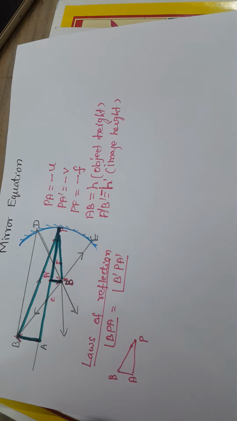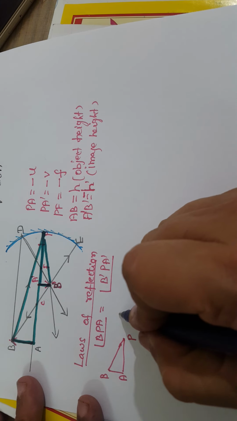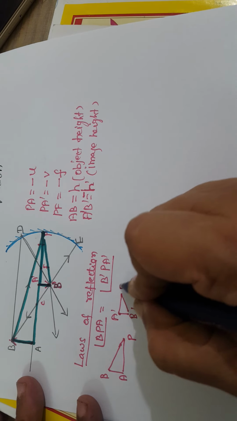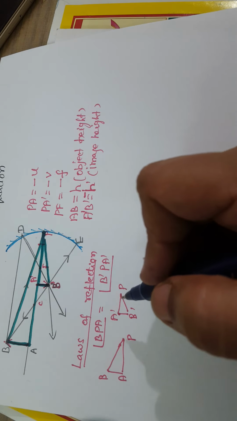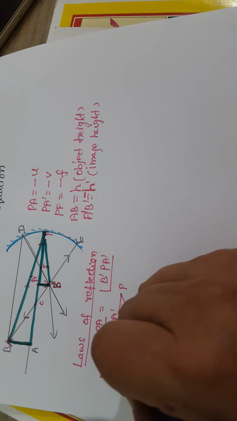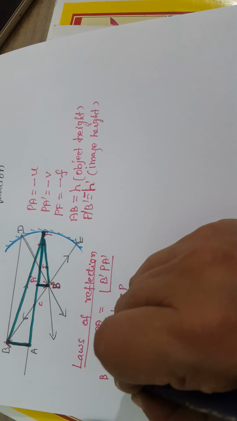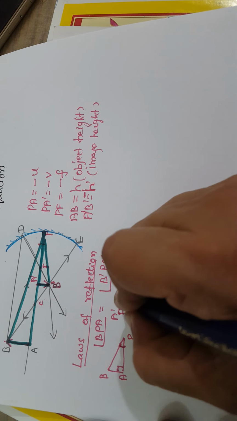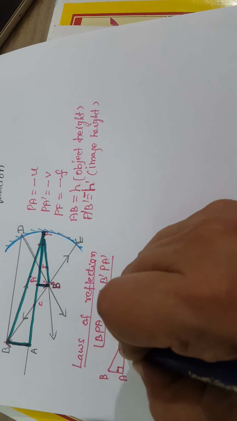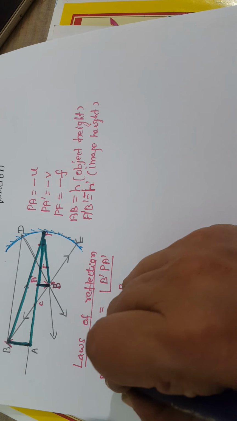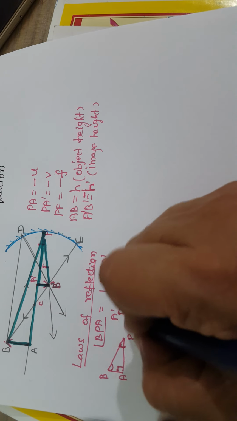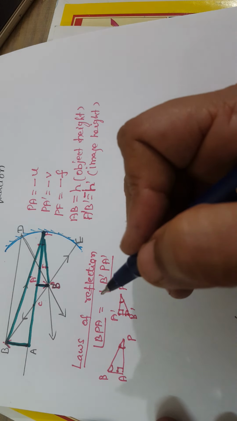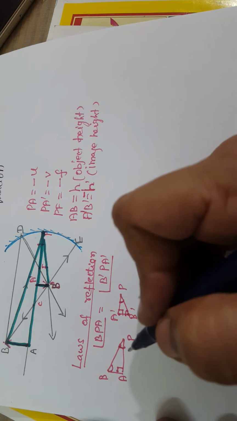Okay, so what is the other triangle, children? A dash B dash P. These two are similar triangles, children. Why? You can see here in this triangle, this is 90 degrees. Here these two angles are equal, right? These two angles are equal because this is angle i and this is angle r. So these two angles are equal, so naturally these two angles will become equal. So three angles are equal in both the triangles. So by the similarity rule, the ratio of the sides are proportional.